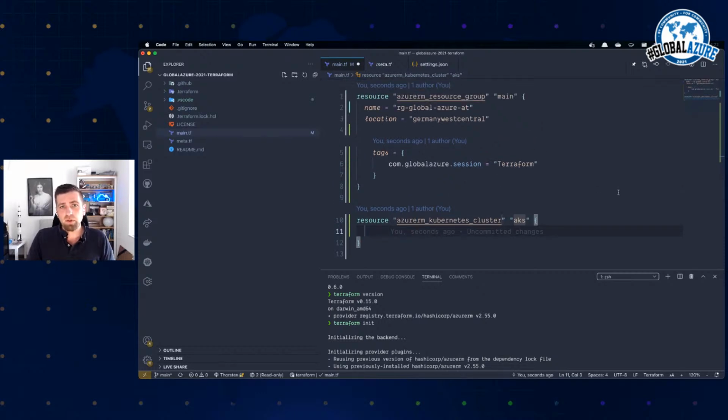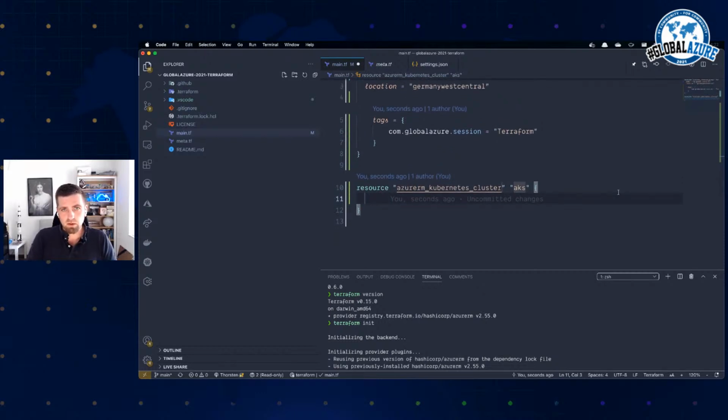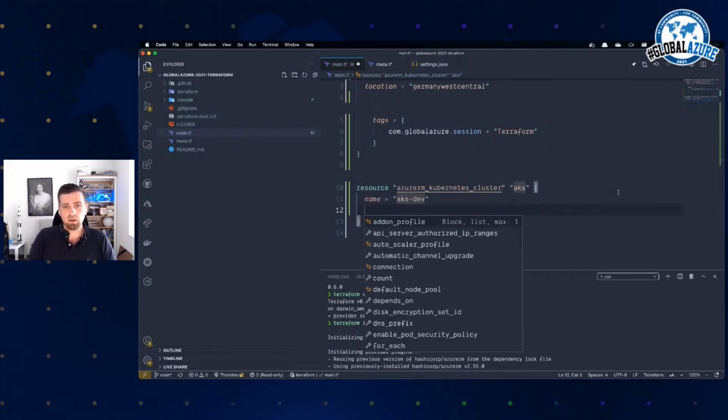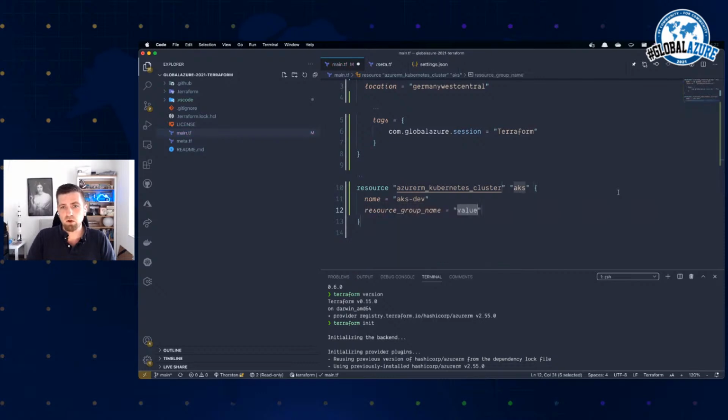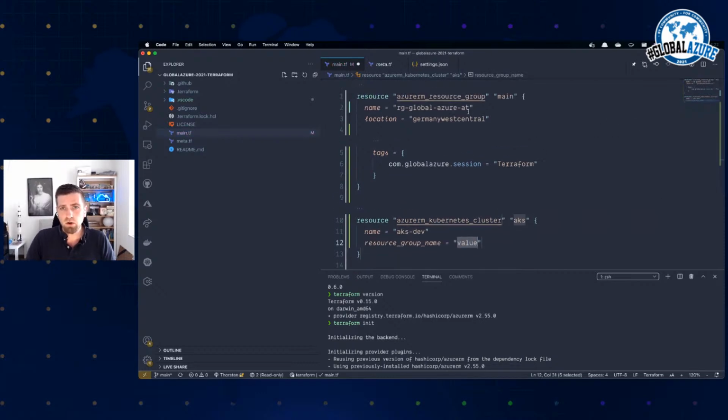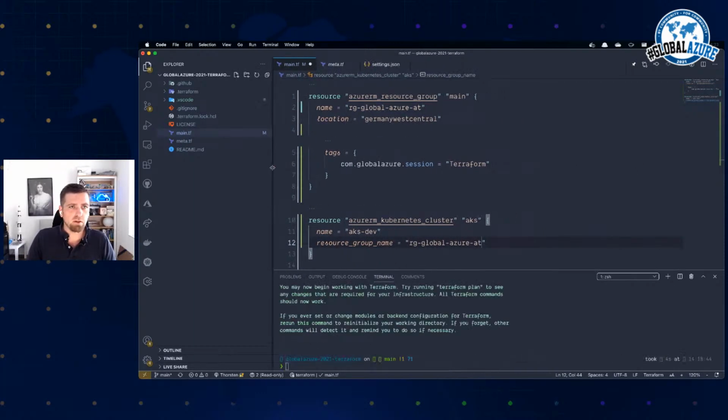But let's keep things simple. Obviously, we need some kind of name. Let's say that's my AKS dev, my development cluster. And it has to belong to a resource group. So I can right now obviously copy the name of the resource group and paste it over there, but we don't want to repeat ourselves, and that is error prone, right? So if I make a mistake over here,